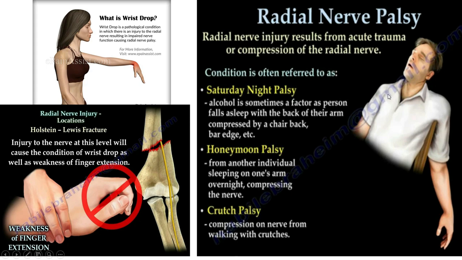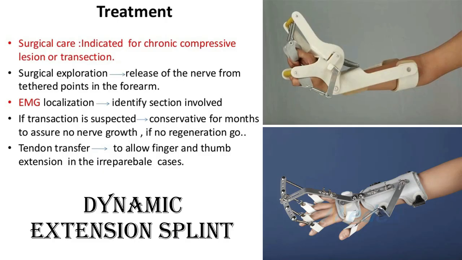and this is the indication for acute exploration and nerve dissection. But the most common radial nerve palsy is tourniquet palsy, or Saturday night palsy, or honeymoon palsy, or crutch palsy, due to compression of the radial nerve in the spiral groove, and it is one type of neuropraxia. It can degenerate within a few weeks.